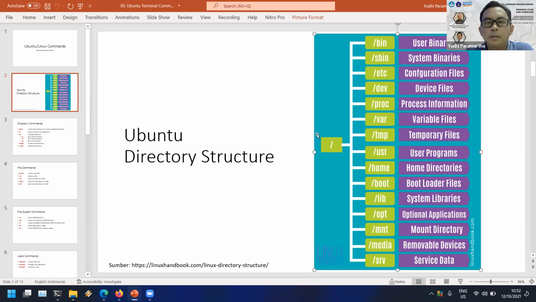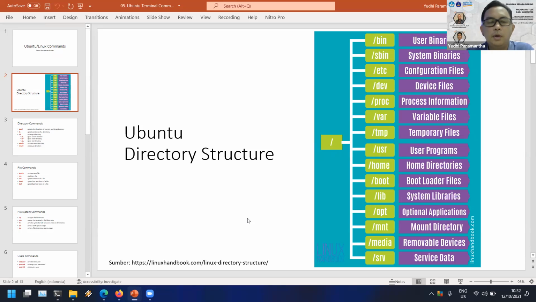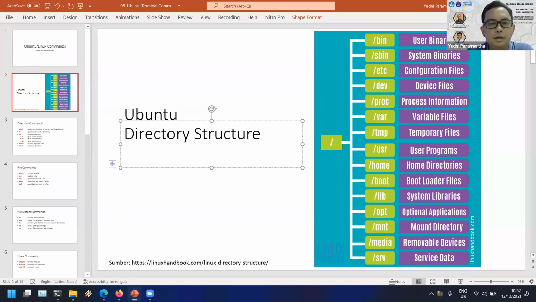You could imagine it like My Computer in Windows, but in Linux we call it the root directory.